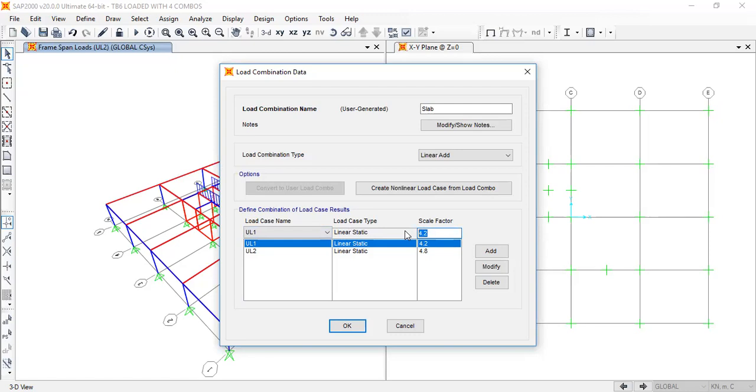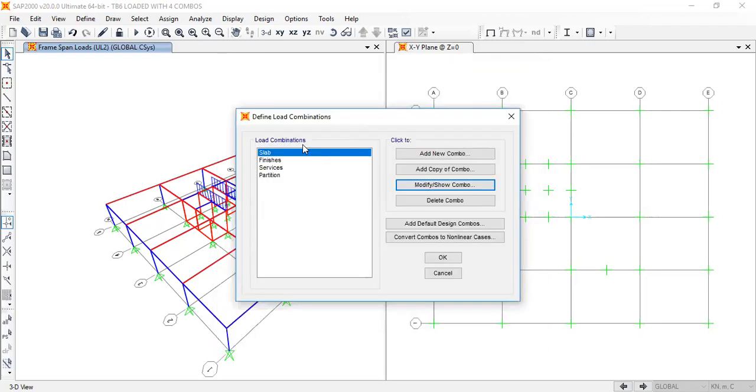Yeah, if the density is 24, it's 0.175 into 24, which means 4.2, and if it is 200, so that is 4.8, right? So slab is there, so that's done. So finishes,